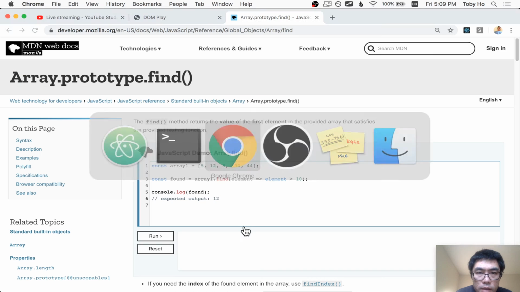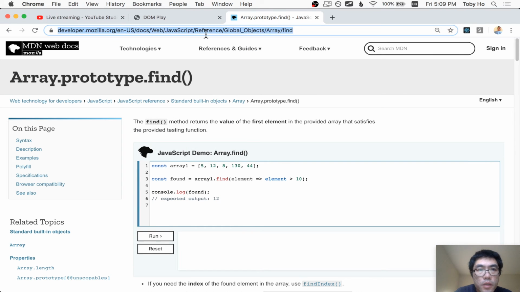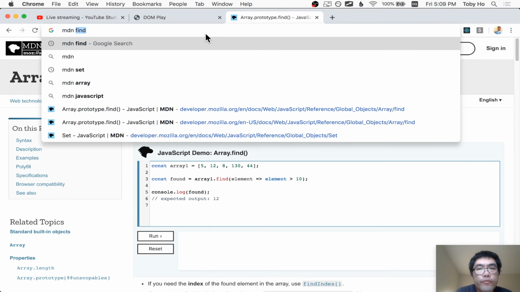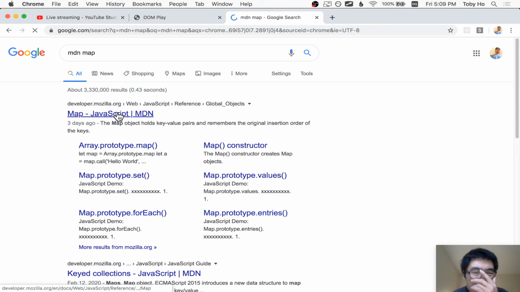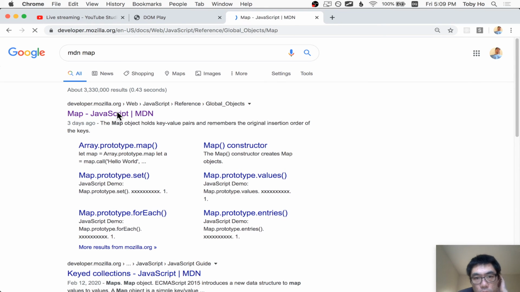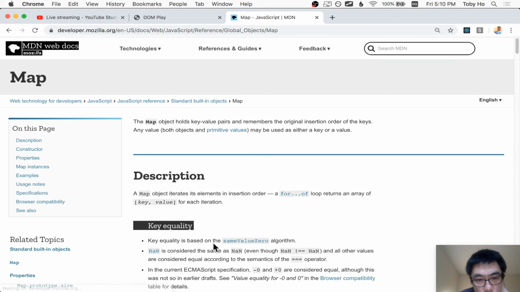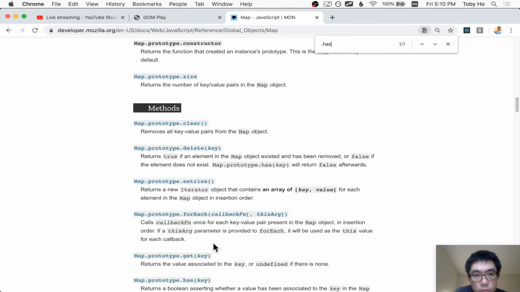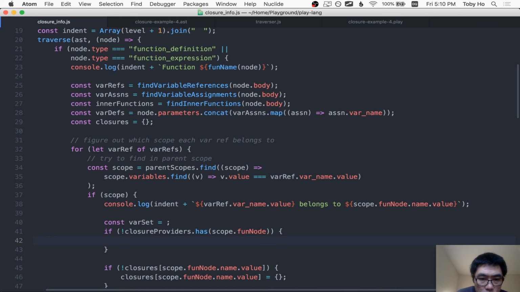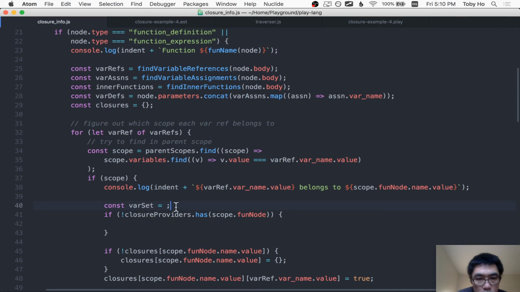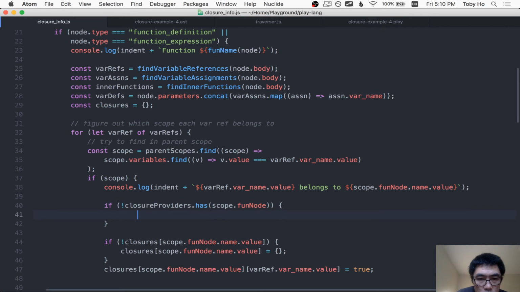Is there a has? There might be a has. MDN map. There's a dot has. Okay, I'm gonna use dot has. If it doesn't have the fun node as a key entry,